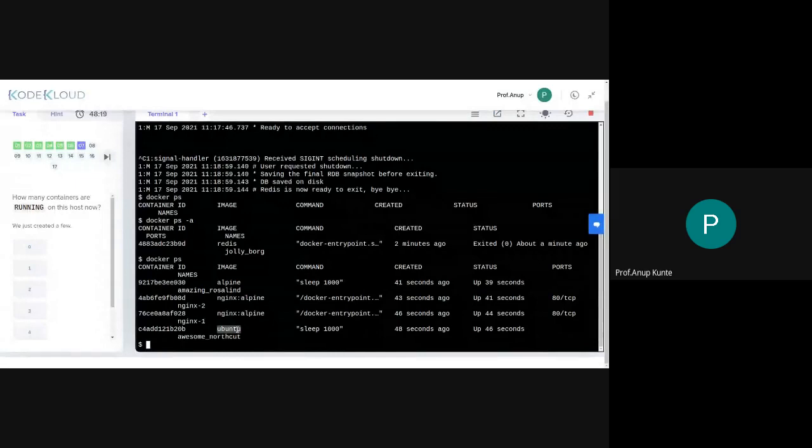These are the images I'm running, and the command here is going to run for 1000 seconds of sleep, and this is also going to run for 1000 seconds of sleep. So 1, 2, 3, 4 containers are running right now. And if I take a lot of time, they will stop running, because after 1000 seconds this one is going to get off, then this one is going to get off.